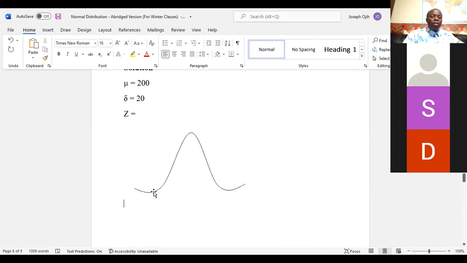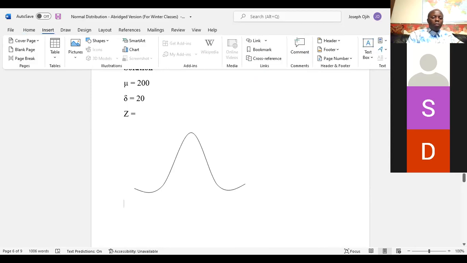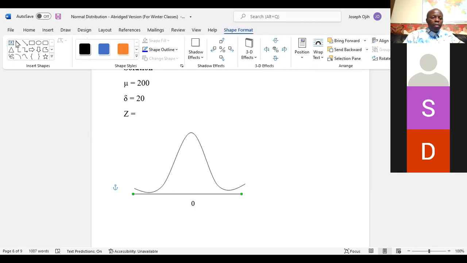Now, then you put your mean of 0. Okay. So I'm gonna put the x6. You can see it right here. And a mean,